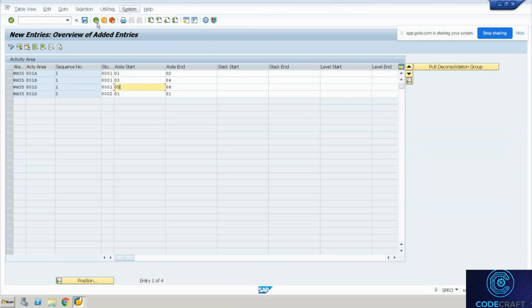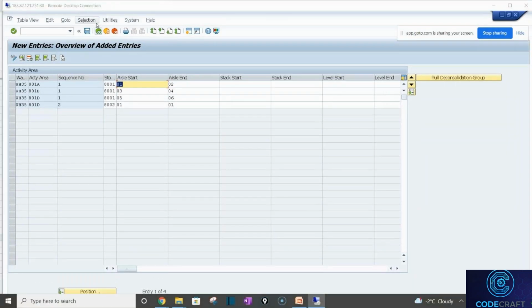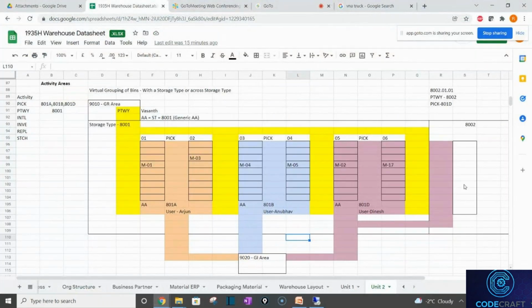Okay, this is how we group them. Now you may ask me, you said it's flexible, but here we are restricting as per aisle. We'll see that tomorrow, when you don't need to do it as per aisle. If I say Dinesh is only working half the bins of this, that is also possible. For ease of understanding, I've taken aisle as my grouping criteria, but you can